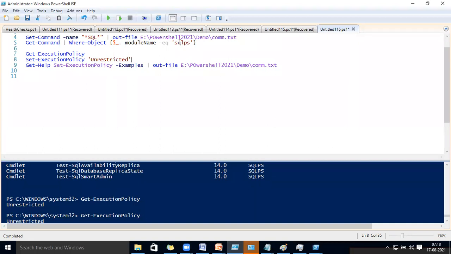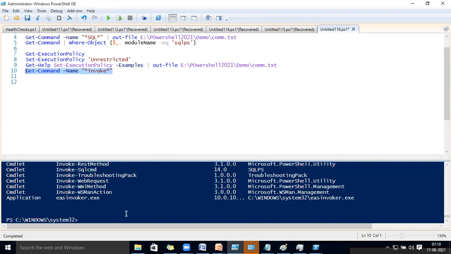Okay, I'm audible. Yes. Okay, fine. So I'm going to a little bit more commands. The same way, if you want to search Get-Command, you can give -Name and give a star, and see what is displayed.